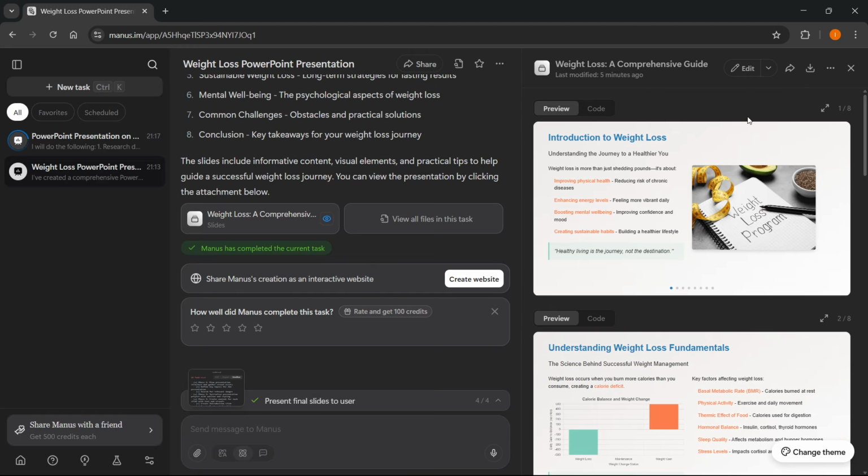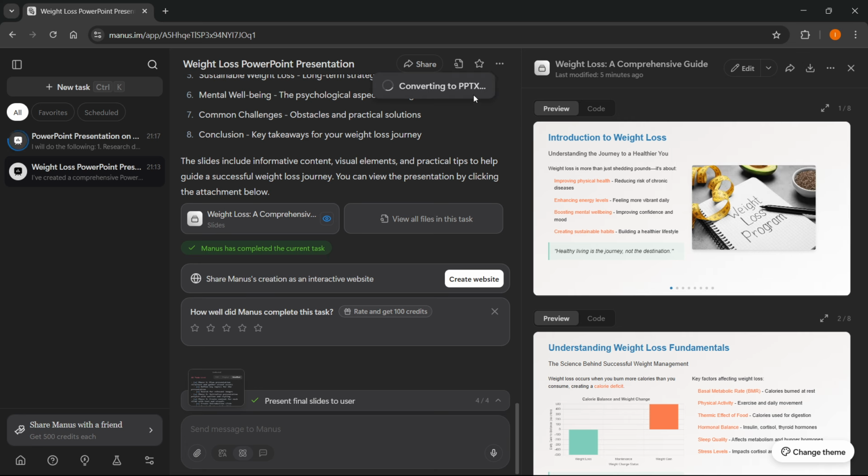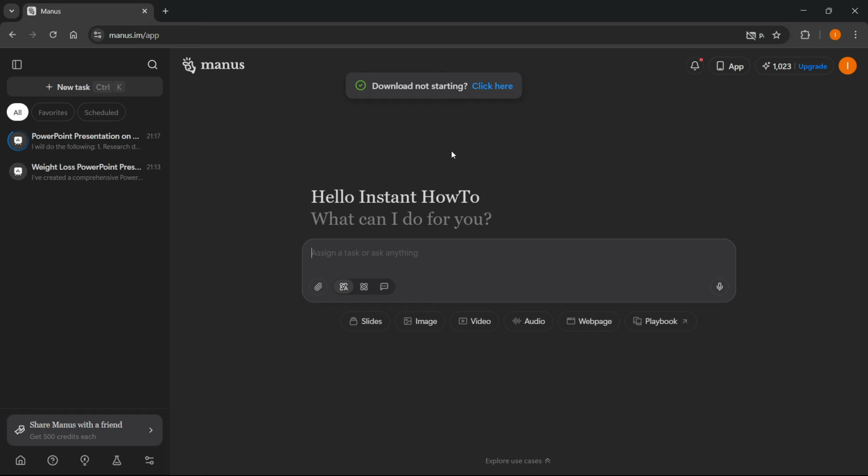So here, after you're done, you can just, as you can see, click on this button and you can download it as PowerPoint, PDF, or something else. And it's going to convert, and it's going to download to your computer, and you can use it for whatever you could need it. Okay, so again, just go to new task up here,